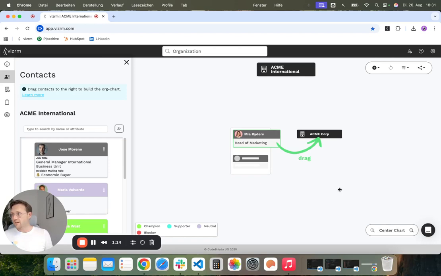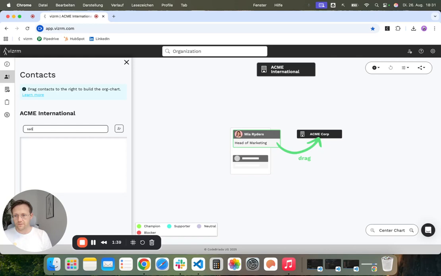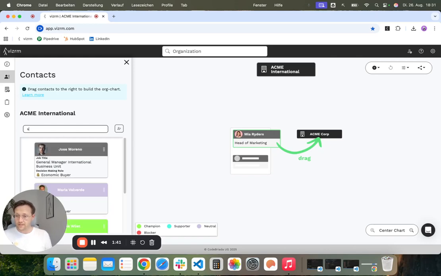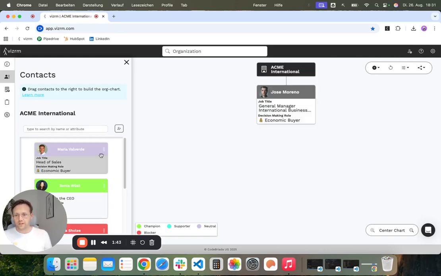In the next chapter, we want to talk about how to build an org chart using our drag and drop. When you come to a blank org chart like this, you will find under the sidebar contacts all the contacts that you have associated with this organization in your CRM system. I can search for any data that I have here, like a name, or I can also search for business functions, for example, if I have something like sales in here,